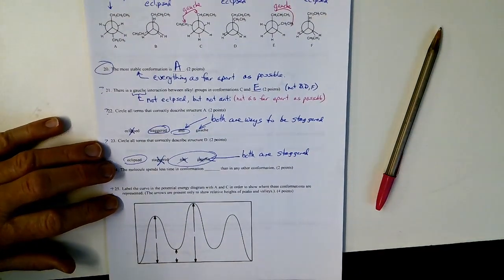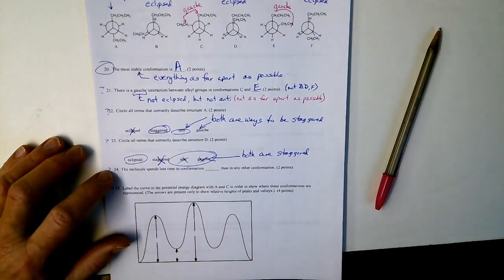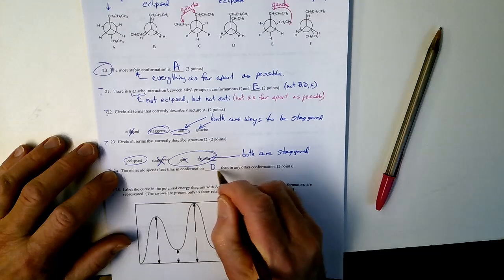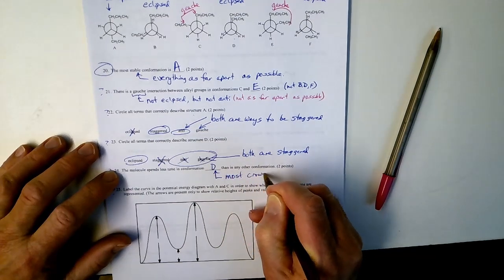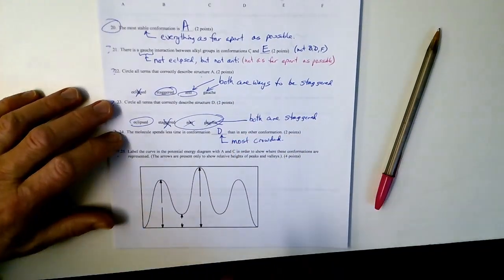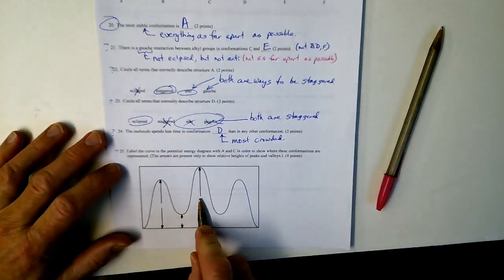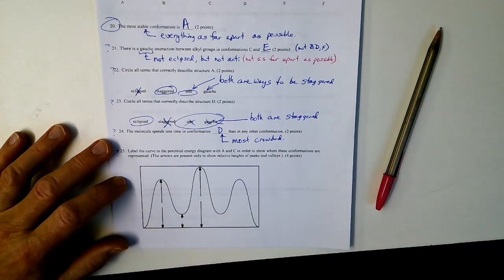All right, as this molecule rotates around this one bond, question 24 is asking us, it spends the least amount of time in which one do you suppose? D. The reason for that is it's the most crowded. Now that's just kind of a word version of the question, a story version of the question, which you can plot on axes like this. And the plot itself tells you a little story.